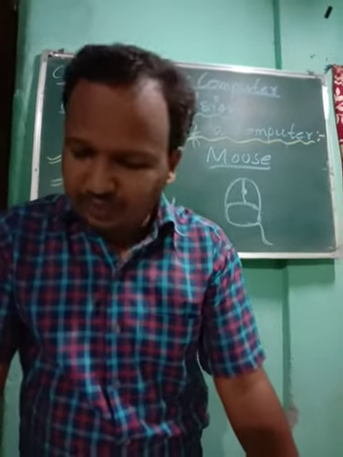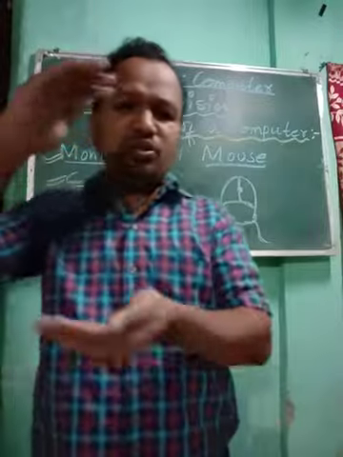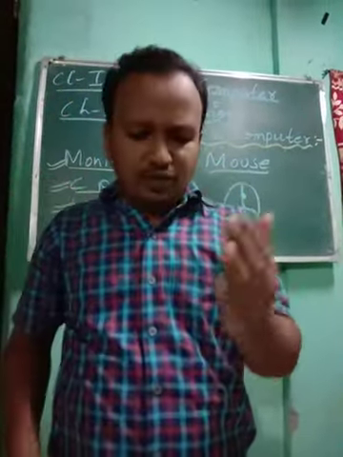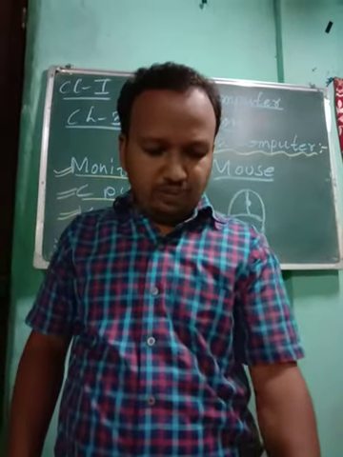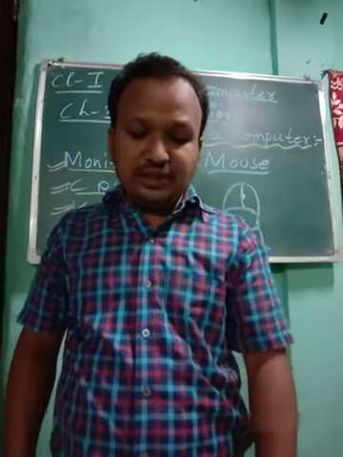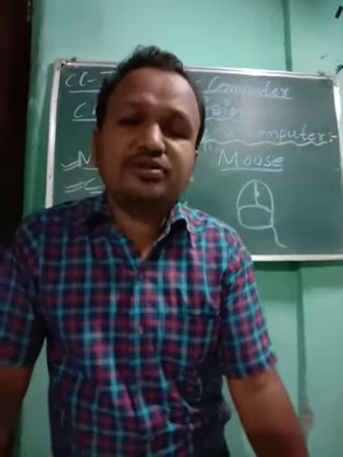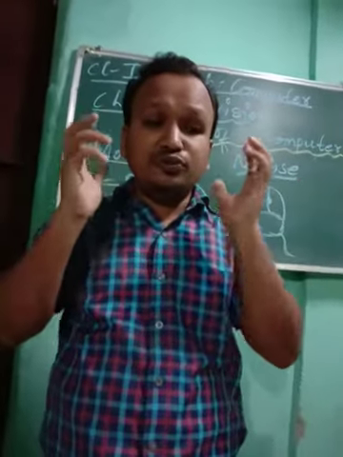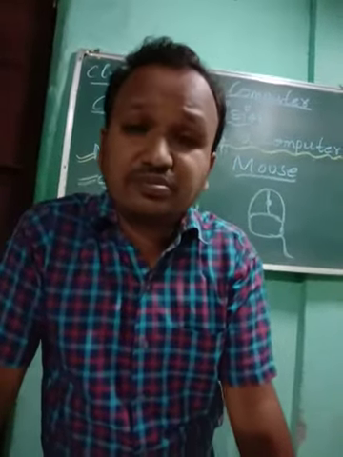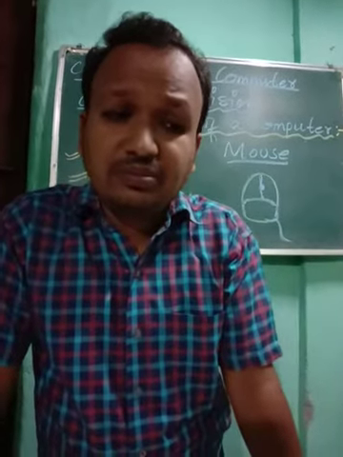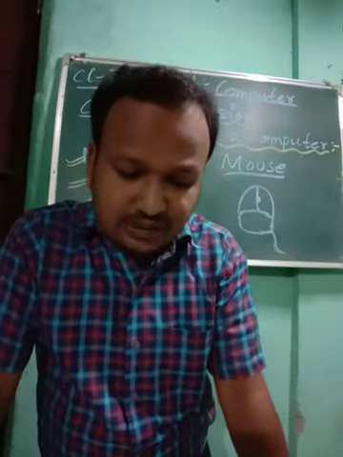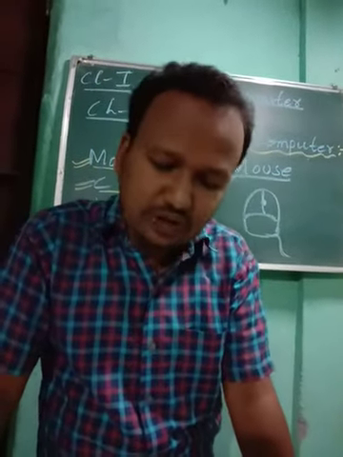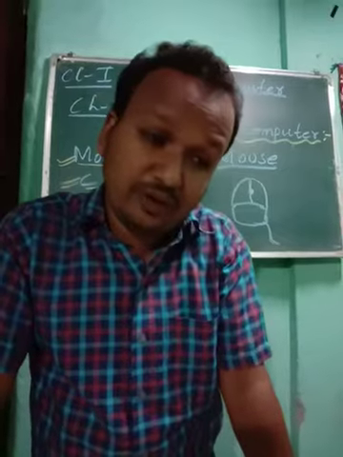Next, speaker. You might have seen a small speaker in your home, a music system has it. Like a small speaker, a computer will have one, which you can see in your book, page number 20. These speakers help us to listen to music. After that, the headphone is also there. This headphone is also used for listening to music. So the speaker and headphone are used for listening to song, voice and speech from a computer. So this is also part of a computer.